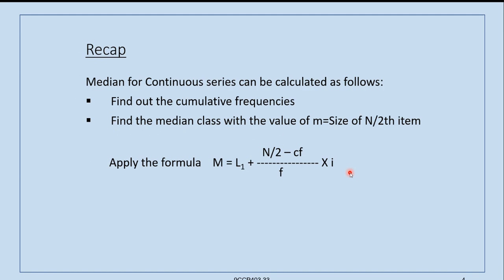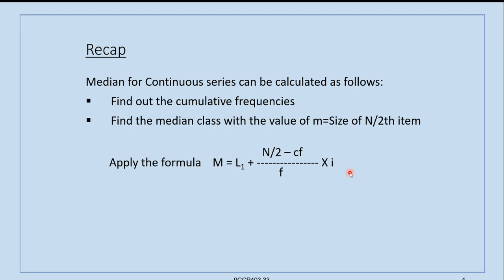So coming to the quick recap of what we have seen in the last lesson: median for continuous series can be calculated as follows. We can find out the cumulative frequencies and find the median class with the value of size of n by 2th item and apply the formula m is equal to L1 plus n by 2 minus Cf by f into i,